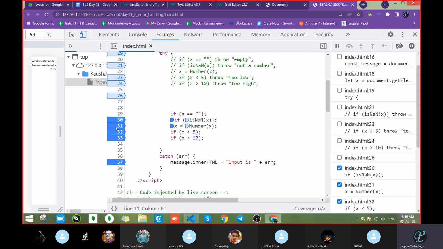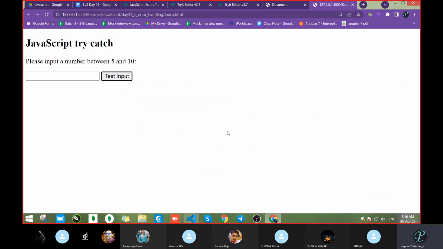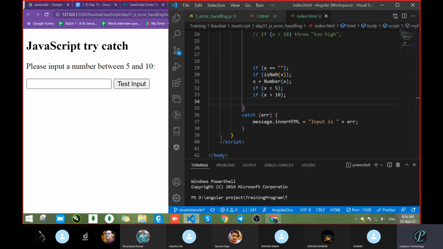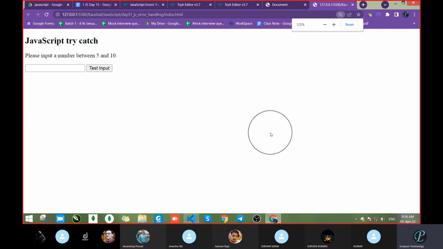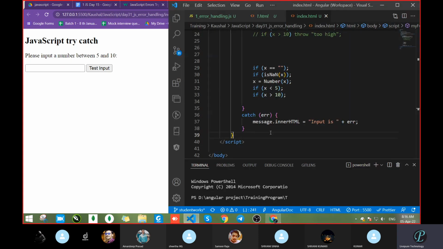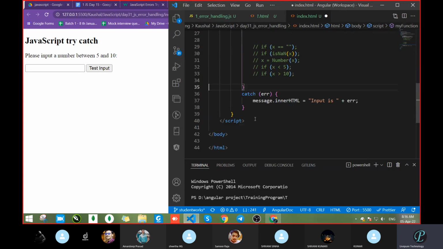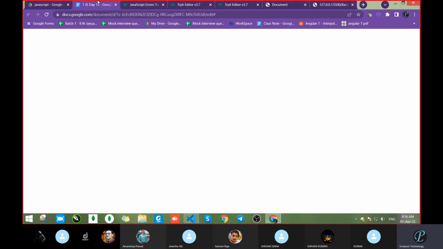So if you get any error, that time you have to throw a proper message. The same thing is done with the help of a status code. If the status code is 400, you have to pass it like this. You will not get a status code directly. For that, you have to work with server side language. Server side, in the sense when you are getting data from your database, that time you will get the status code automatically. You do not have to worry about that. The server will send you the status code.